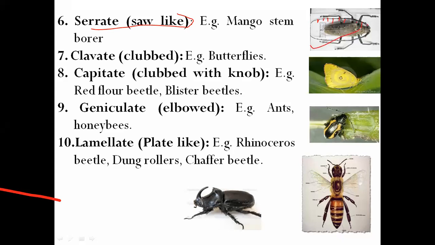This is the mango stem borer. And where the serrate type of antenna is present, that is saw teeth, you can say in a simple way, saw teeth-like segments having short triangular projections. Triangular is a shape, a projection on one side of the antenna, which looks like the teeth of a saw. Like our saw, that insect's antenna is called the serrate type of antenna. We can say serrate type of antenna on an insect antenna having on one side saw-like triangular projections. Saw-like triangular projections are present like this on a saw-like antenna.